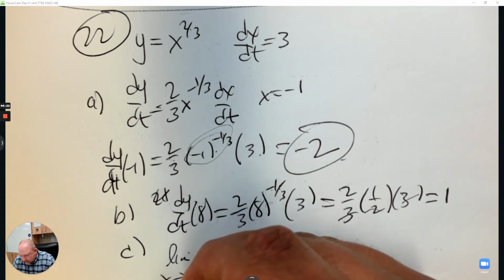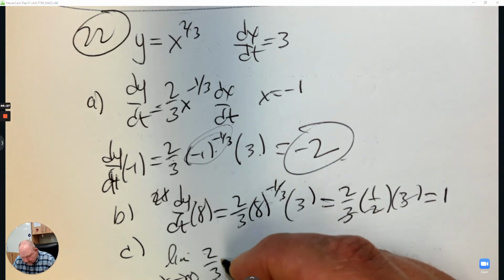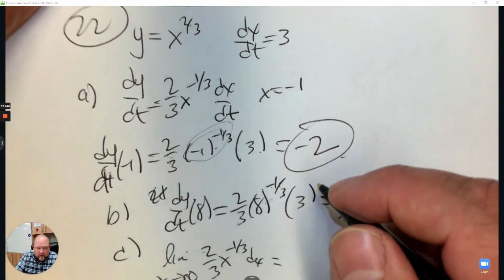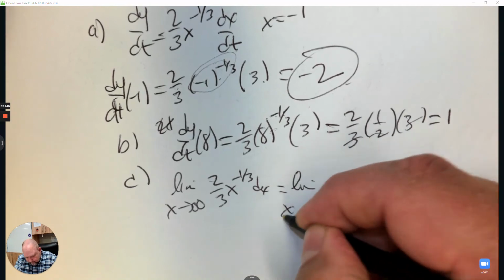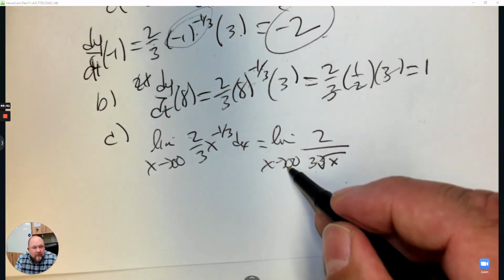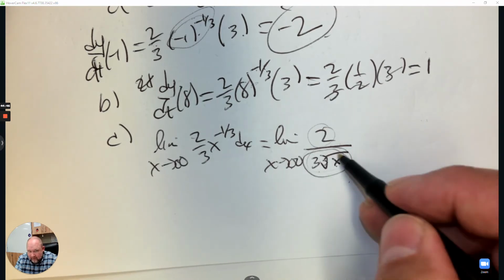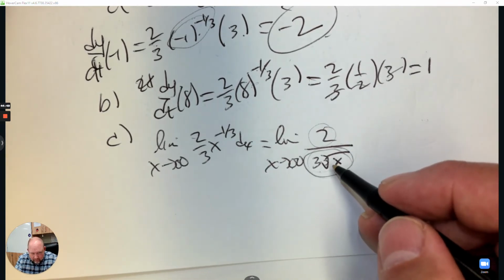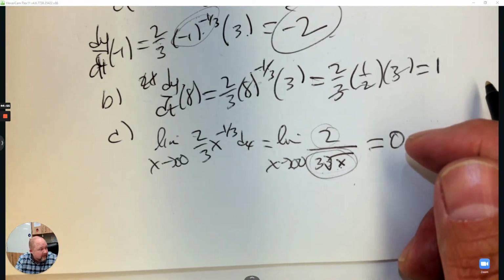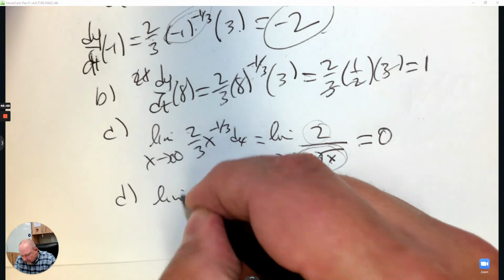The limit as x approaches infinity of dy by dt. If it was calculus friendly, I think you'd see it better. So as this goes to infinity, this will always stay 2. This will get to be a very large number. So when the power term is more powerful in the bottom, this always approaches, as the right-hand behavior, going to 0. D, from the left at 0,